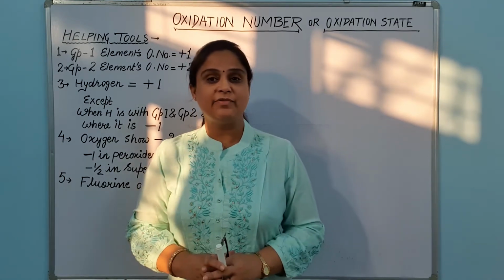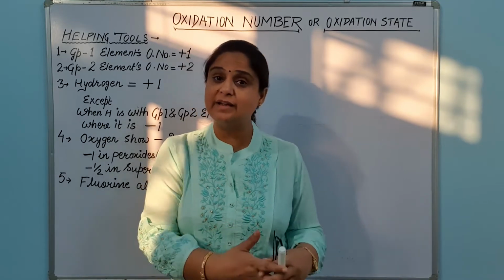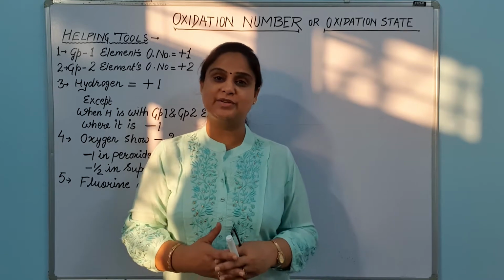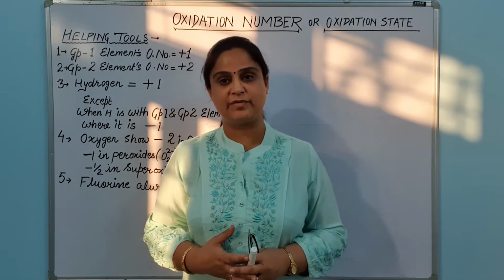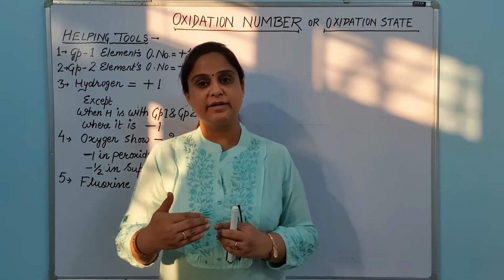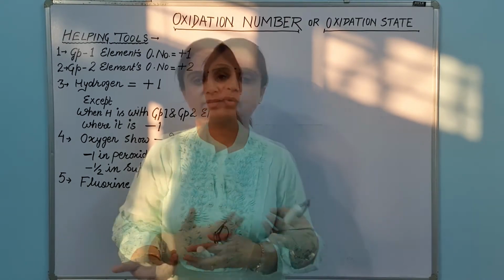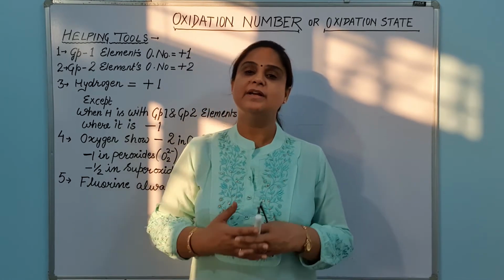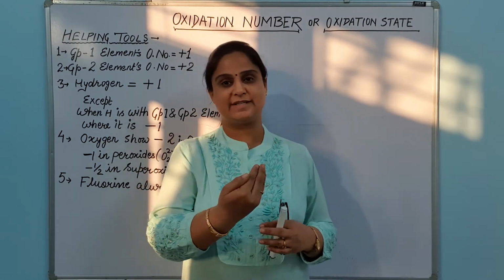And today, first of all, we will understand what is oxidation state of an element in a compound. And secondly, we will also see how to calculate the oxidation state. The main thing here is whatever the compound is in front of us, that compound is made up by the elements. And when the elements react to form the compound, they react either by loss of electron or by gaining of electron. And we know this thing, and these type of reactions are called redox reactions. So the change in the oxidation state takes place.